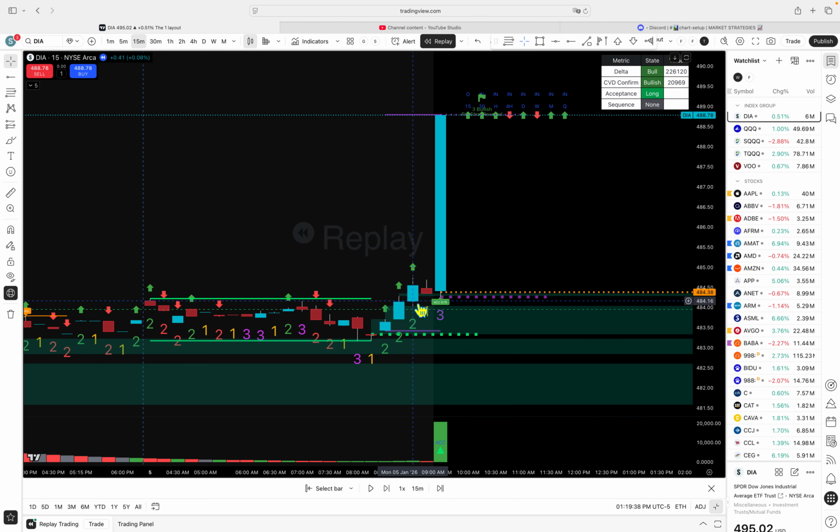As it already made it above our London session highs, we did catch a little bearish candle pullback right here. As soon as this candle opened up, it went back here to test that level from the London session highs, and it took straight off. And you see that CVD, the delta level, is at 226,120, and our CVD levels was at